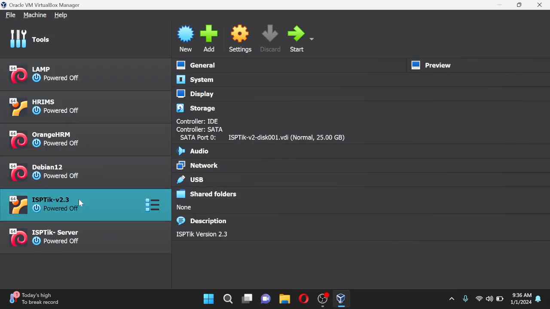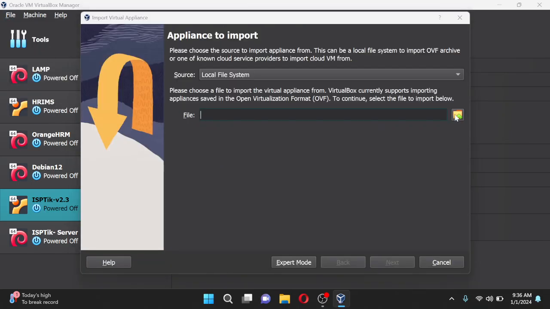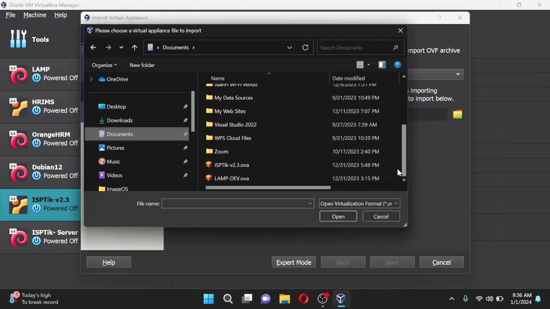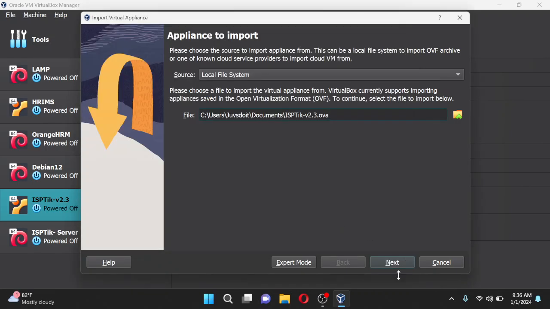I already have set up mine, so if you have the .ova file downloaded, you just have to go to File and then Import and then browse for the location and then open and then next and then finish. Alright,